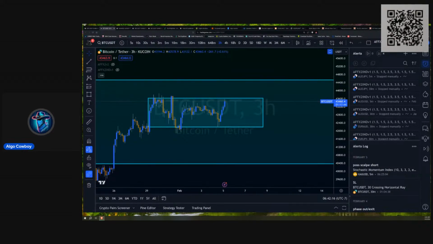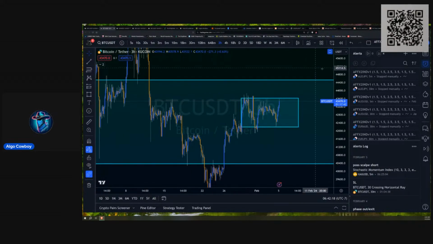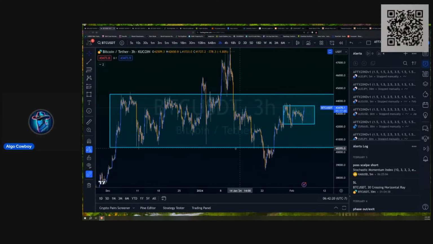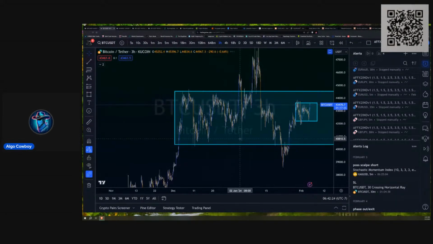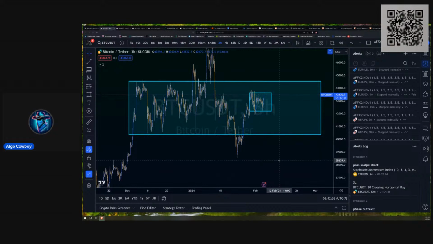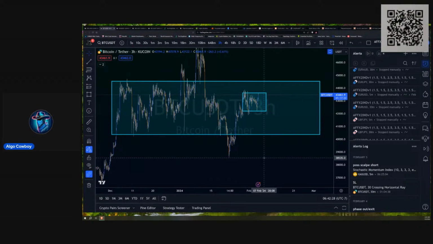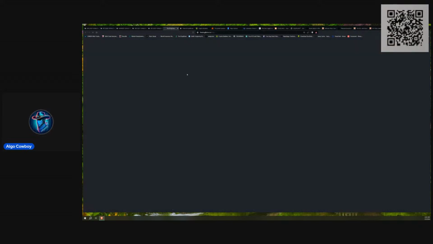Now, a lot of people, including myself, were of the opinion that we might see price break below this 2-month long consolidation and break downwards and really go catch some lows. However, until that happens, I am not making any assumptions there, right? There's a lot of liquidity to the downside. In fact, let's go ahead to the Kingfisher and take a look at the liquidity.